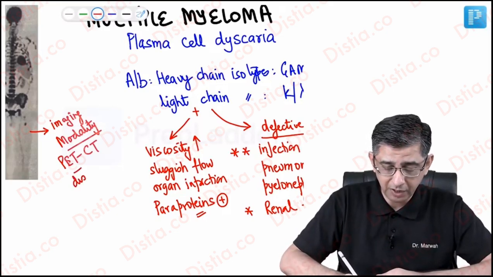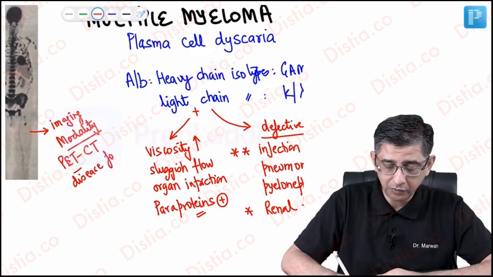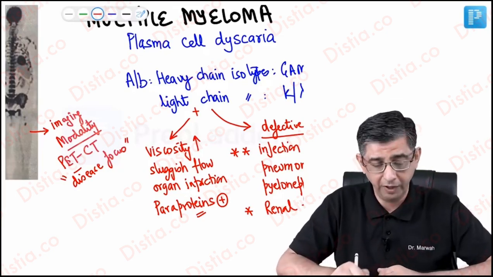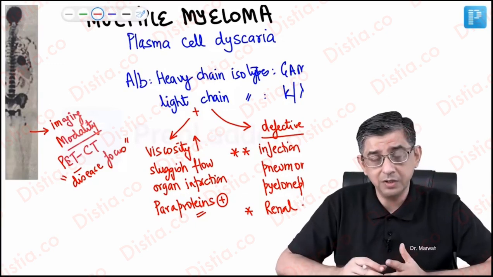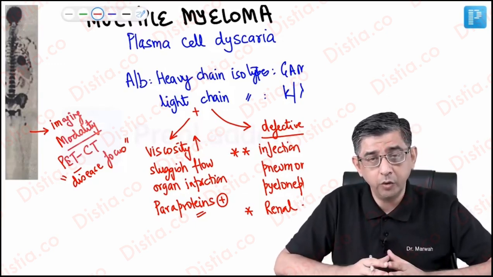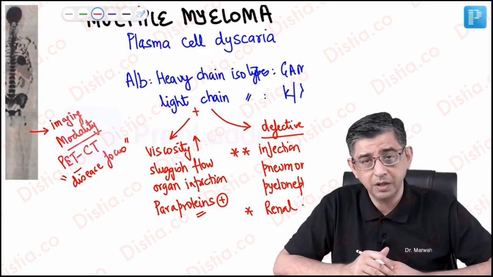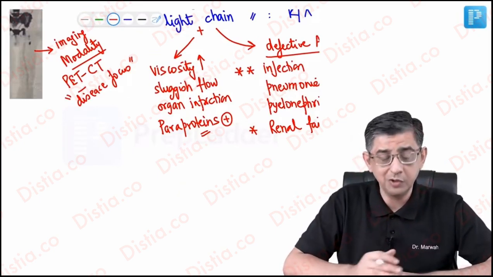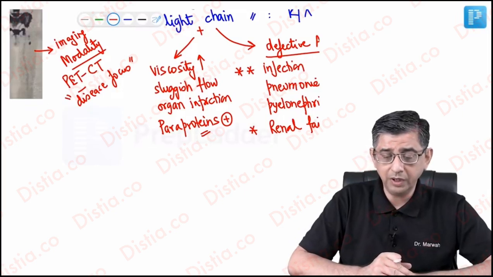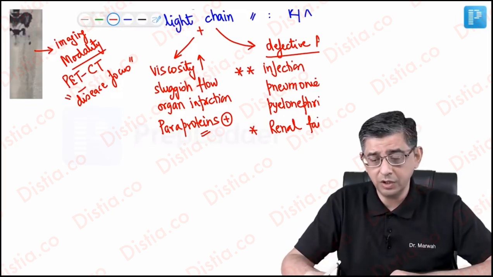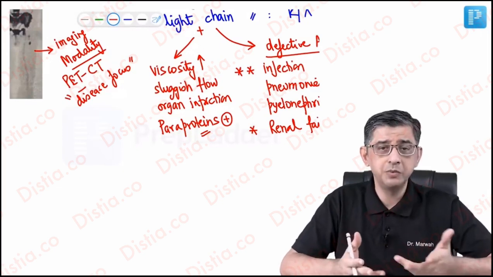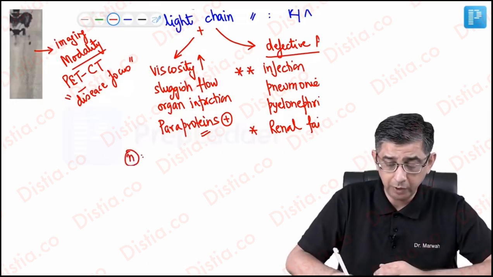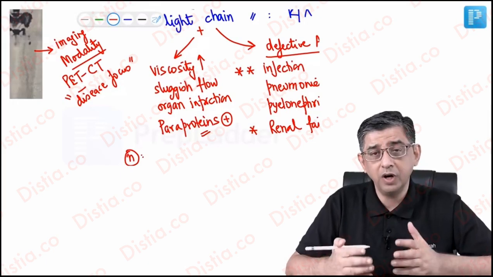So primarily when he says, what is the imaging modality of choice for multiple myeloma, he wants to see that are you aware of the fact that you can identify disease focus, and all these black spots that you're seeing is where the uptake of 18-fluorodeoxyglucose is relatively increased. Now before I go forwards, I want to also add two important more pieces of information to this particular slide. One of them is going to be that can we actually measure the light chains in the urine of a person, because as I said, dipsticks are going to be turning out to be false negative. So the query in your mind would be that, okay, if dipstick is not going to identify it, then how are we going to measure it?